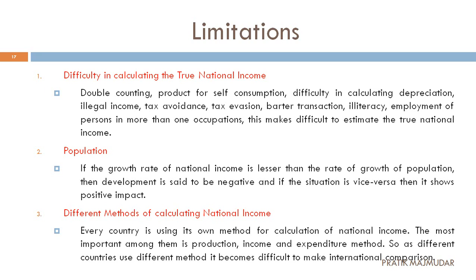Second, that is self consumption. When you are preparing some product and you are using it for your own purpose. For example, the same example we will take. If I have a cotton factory and I use that particular cotton in my house, this is self consumption. But have I shown that in the books of accounts? No, I haven't shown that. So that is the wrong calculation when it comes to national income.